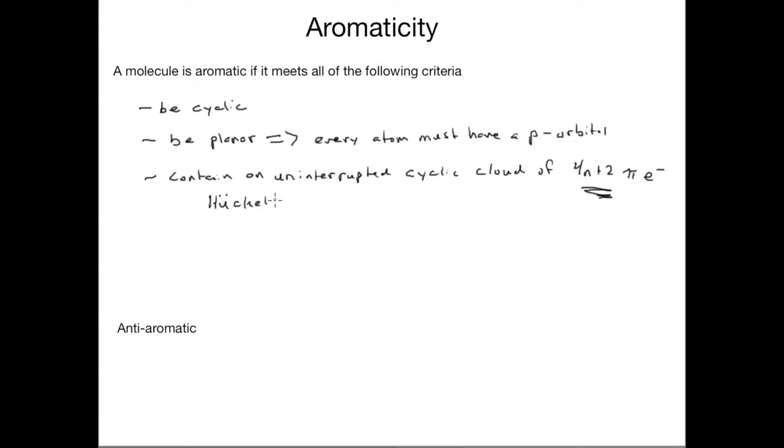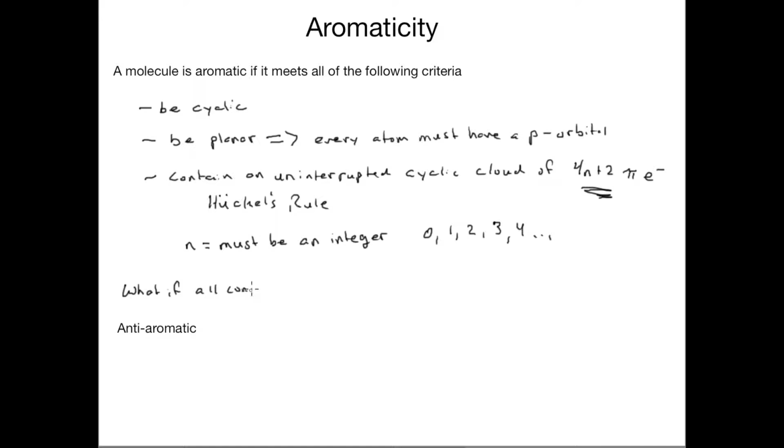Again, the 4n plus 2 comes from what we call Huckel's rule. This is a set of electrons that must be within a pi system where everything is conjugated, and where n, when you solve for n, must be an integer. In other words, n needs to be a whole number, like 0, 1, 2, 3, and so on and so forth. So if you add up the number of pi electrons and you end up with something that does not fit the 4n plus 2,